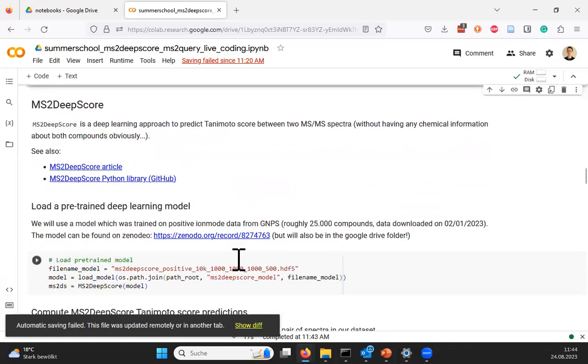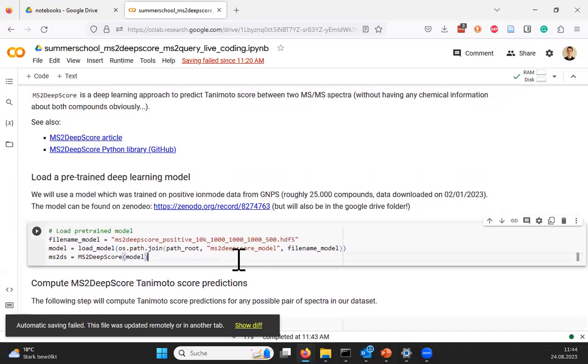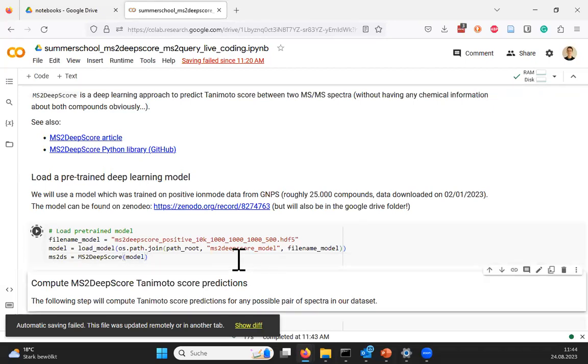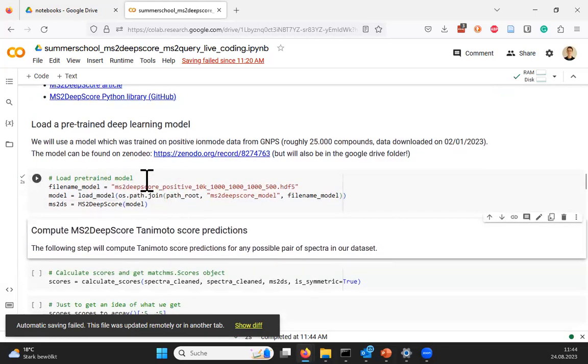So what I switch to now is this MS2DeepScore part. And as I said, this is a model that is provided in the Google Drive. The file name is here, and this is a model that is pre-trained, so we can load it. This will be a bit difficult for people that have not mounted their drives because this model is not huge by deep learning standards, but it's still like 150 megabytes. If you want to upload it, it might take some time. But if you have mounted it to your Google Drive, then you should simply be able to execute this code cell. What we do here is we say what the model is, and we load the model. And then we have our deep learning model imported into